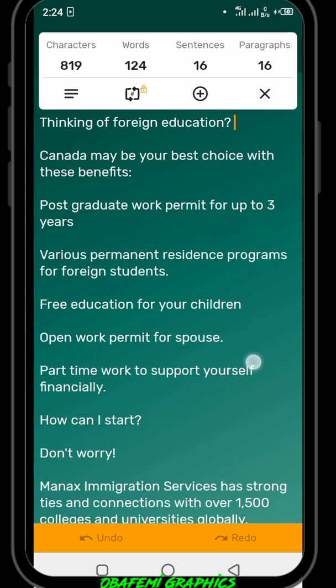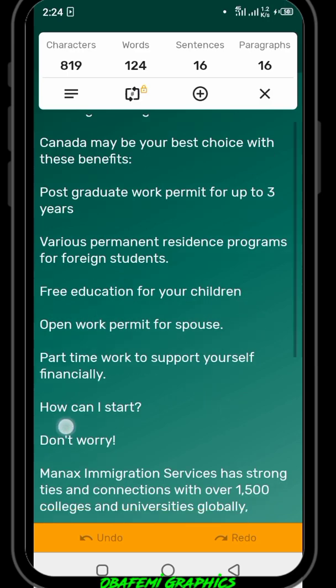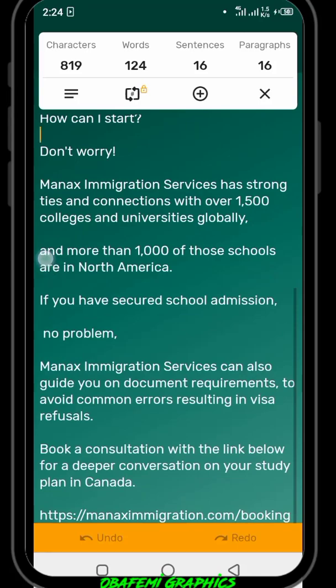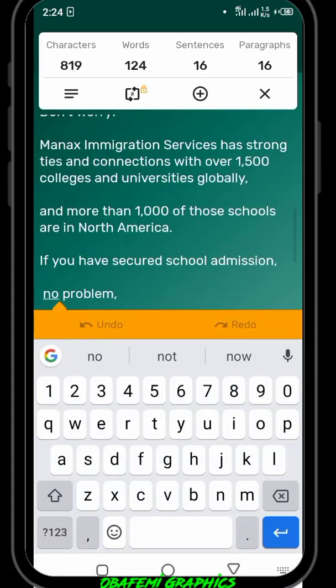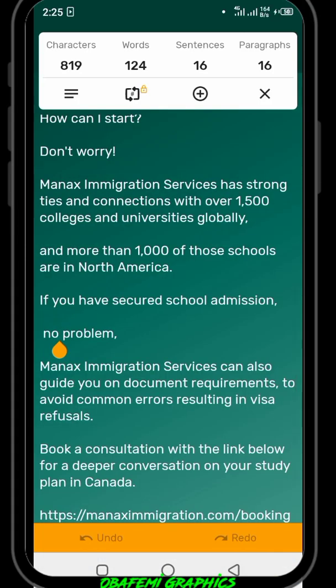So you have to break it down, like "postgraduate work permit for up to 3 years." You can see it's a complete statement. I break it down again: "various permanent resident programs for foreign students." You see, I get there. I break it down: "free education for your children." So this is how you break it down, and this is what we call the content area. You have to break it down the way you want your